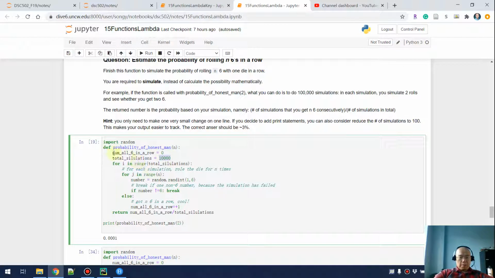Well, I created a counter that is how many successful simulations we have, out of a total of 1000 simulations. Okay, in the outer run, I want to repeat a total of 10,000 simulations, and then we have an inner iteration that is